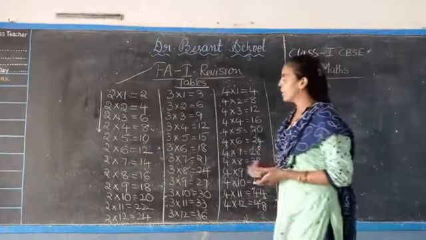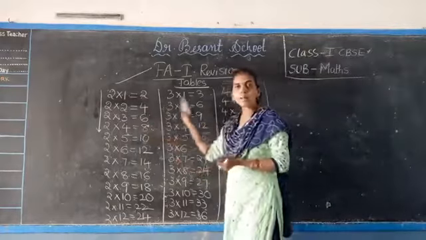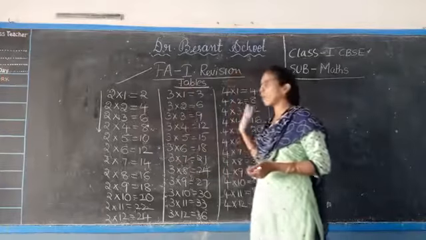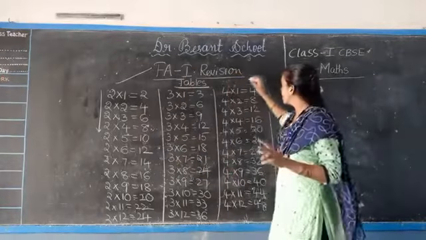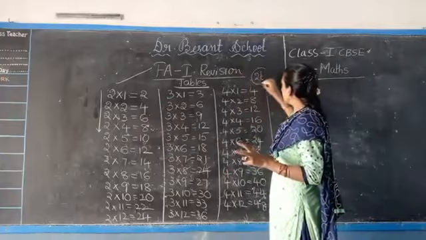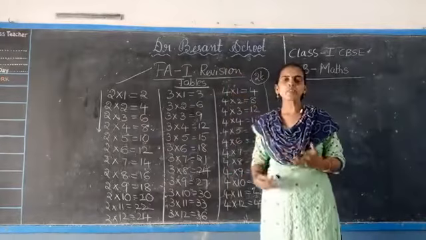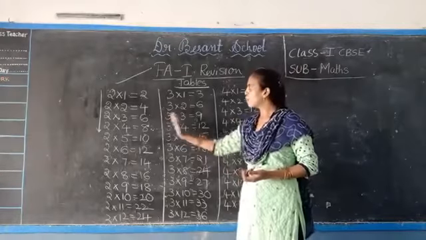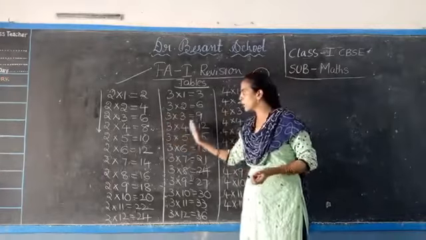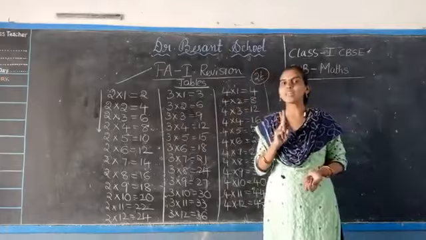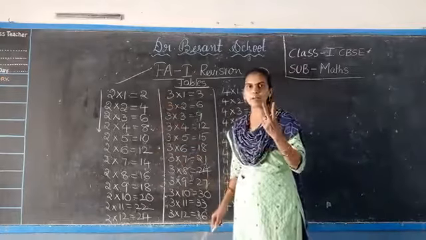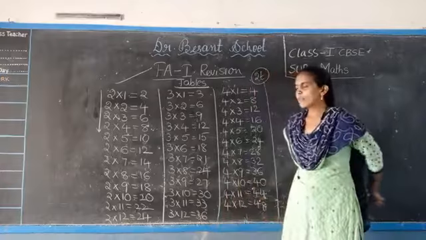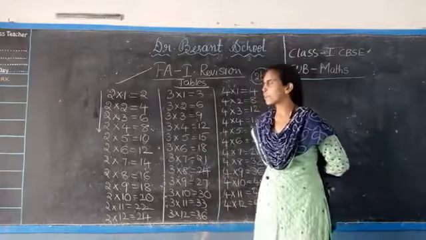So after writing the tables in forward and backward, write down all these tables 2, 3, 4 two times in the revision book. So this is the practice part for you for the FA revision. Okay, you have to write these tables 2, 3 and 4 two times each. Each table two times you have to write in your revision book. Okay, so now after noting down the tables, please read after me.